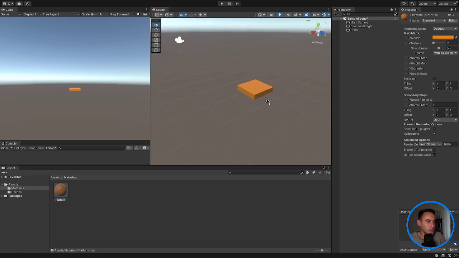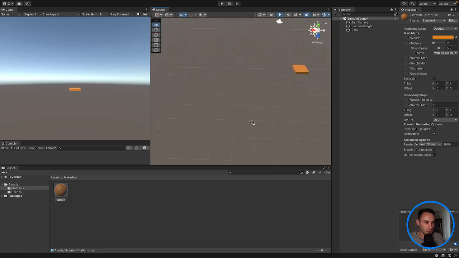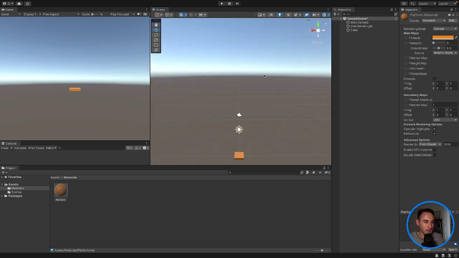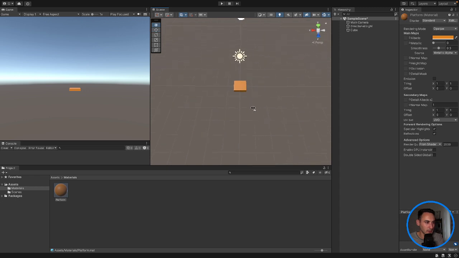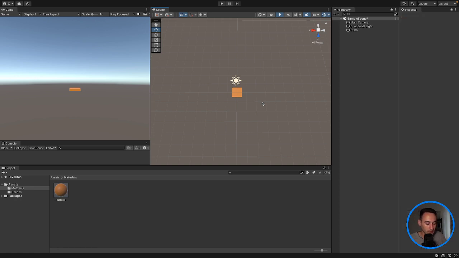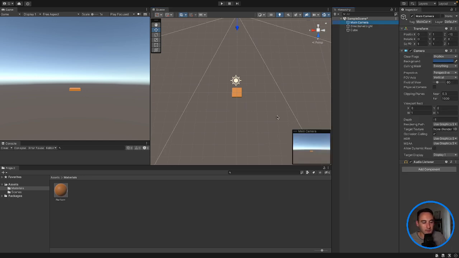I want to change the position of our camera to be like a top-down view here, something like this, just so that we can see what it looks like in our game window here. So I'm going to do that. I'm trying to use my shortcut that I made, but it's clearly not working. So what I'm going to do is move our camera as well,